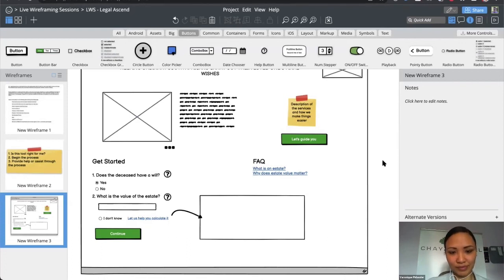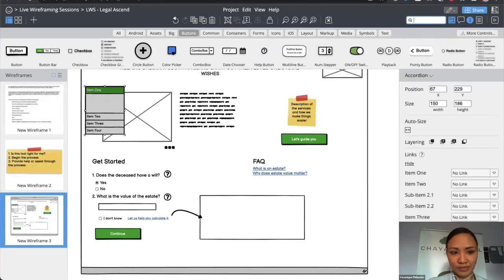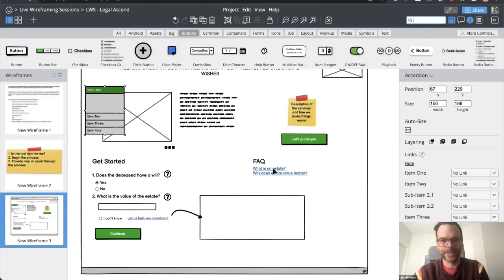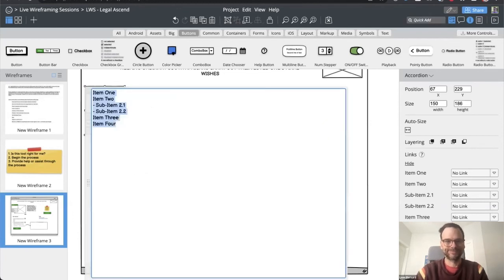Like, do they know what the state is? Do they know why they need to know the value of their state? So the FAQ there, I think, yeah. It gives me an idea. I think it might be good, instead of having these links, you could just have the answers all on the page. On the page, yeah.